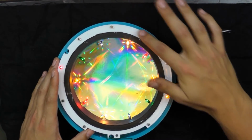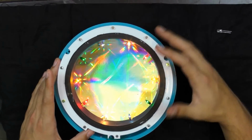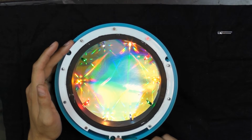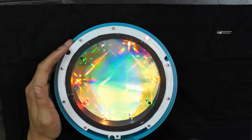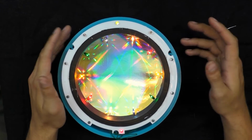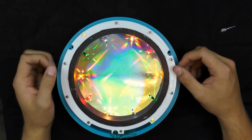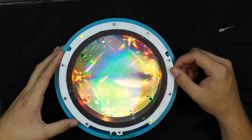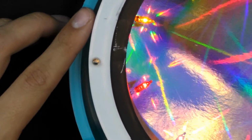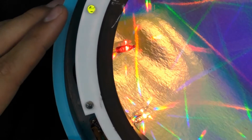1, 2, 3, 4, 5, 6, 7, 8, 9, 10. Yeah, there's 10 LEDs here. But like I said, I'm going to keep probably the reds in here because the reds don't actually look too bad. They're not as vibrant as reds nowadays, but they're not too bad. I'm going to take out these nasty lime green LEDs and these yellow LEDs, like that nasty looking lime green